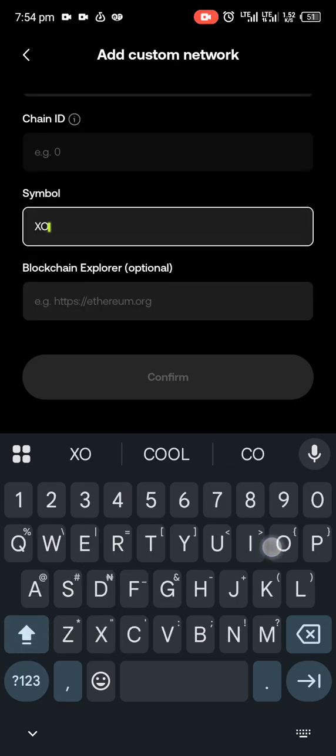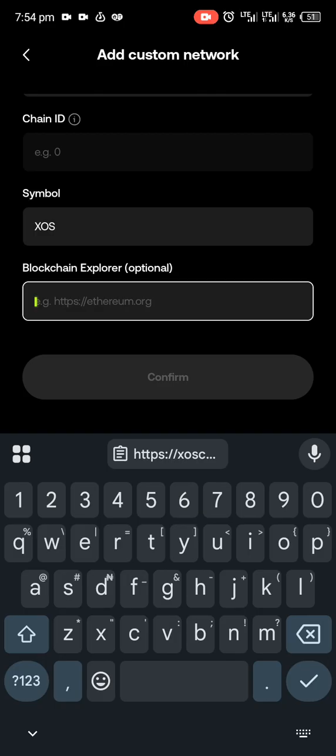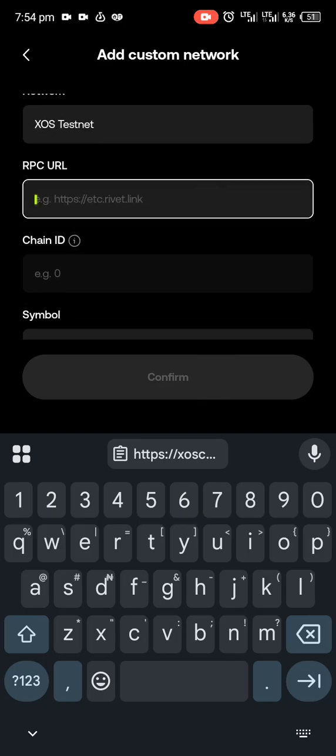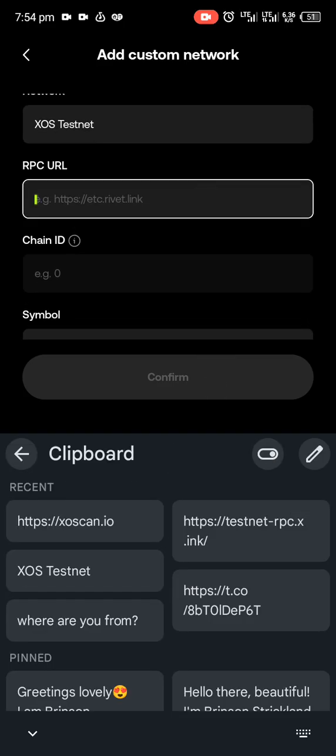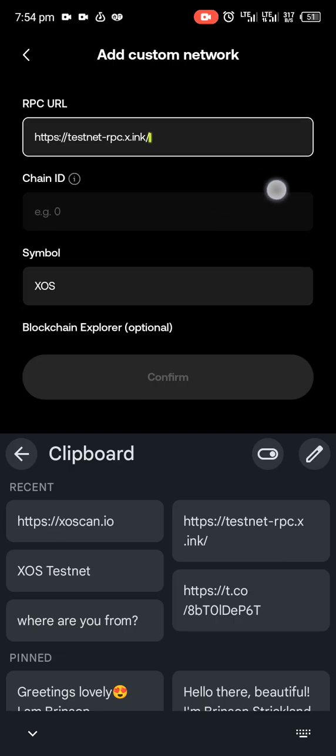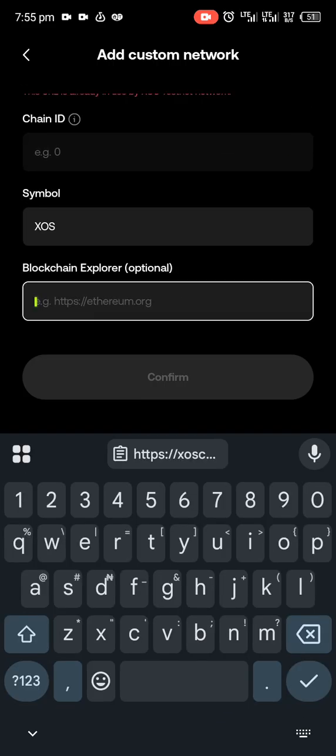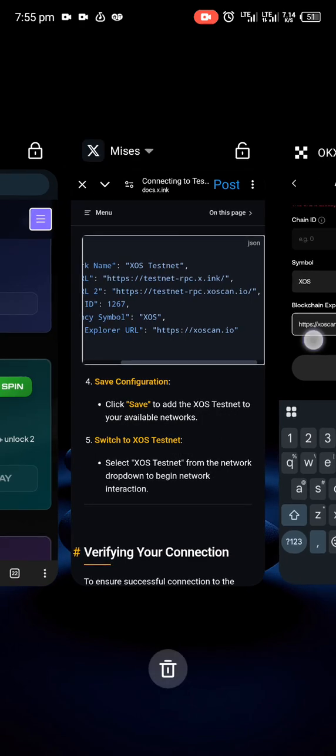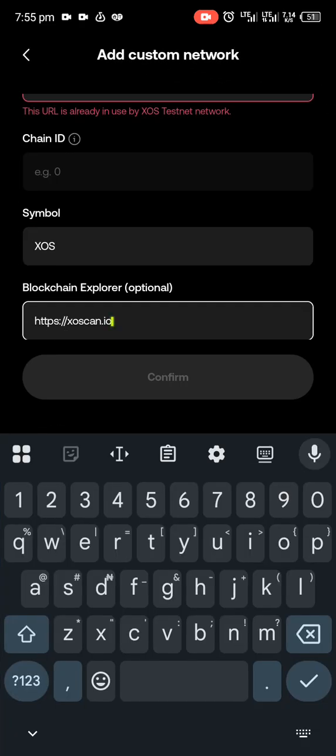Okay, block explorer. The URC, this is it. Yeah, that's the URC. Then the block explorer is this. Yeah, the block explorer is that. So I'm right. So as for the chain,